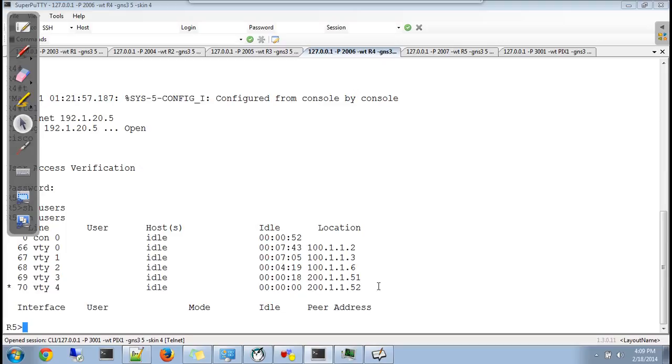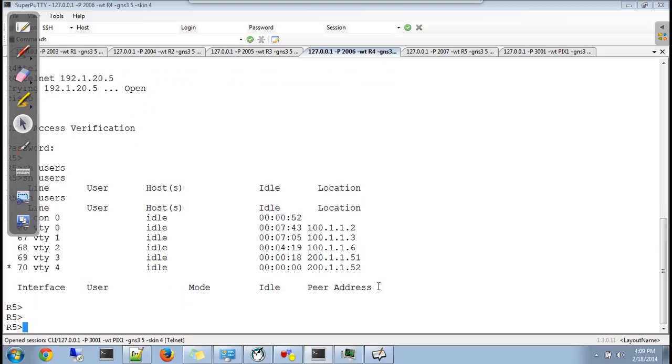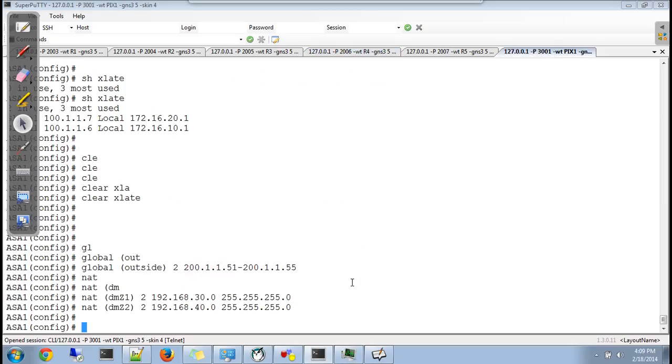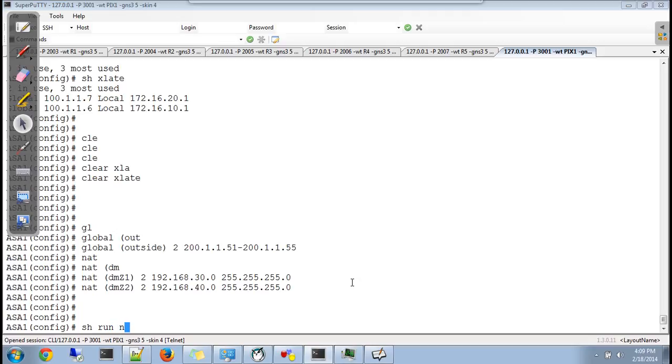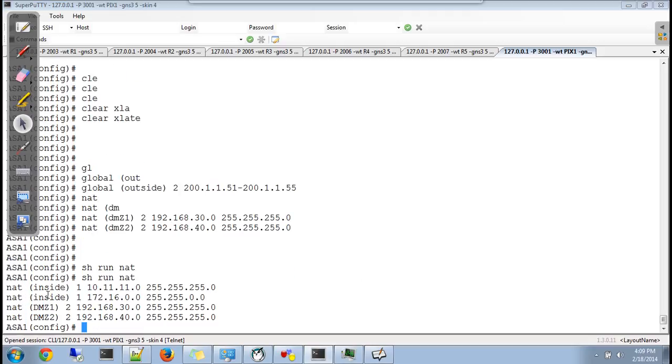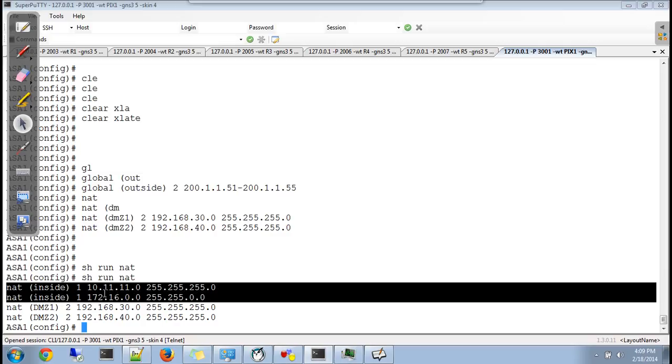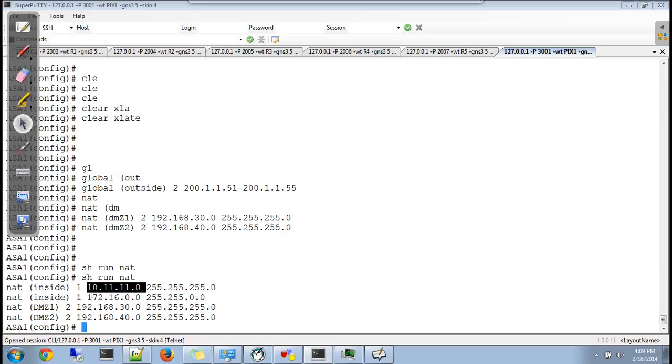One thing I wanted to show you is show running NAT. See, for inside, we have given multiple statements. Suppose you have different private networks: 10, 11, 20, 172.16. All the private networks are there, and you want everybody to get NATed. In that case, rather than using these two, you can use one simple command and it will have the same effect.